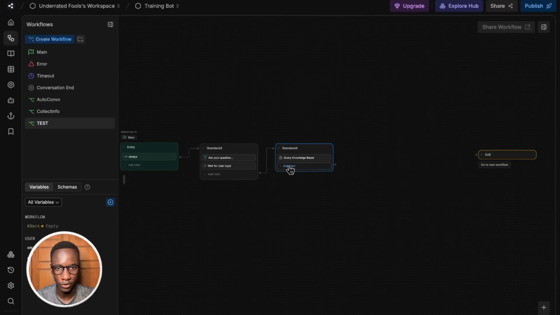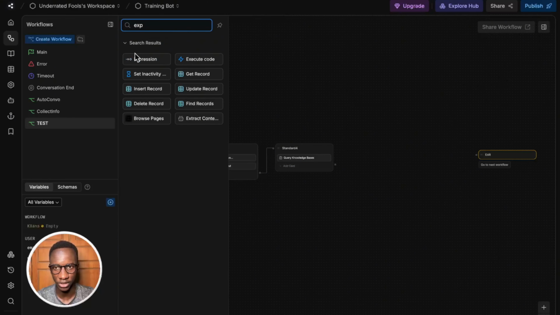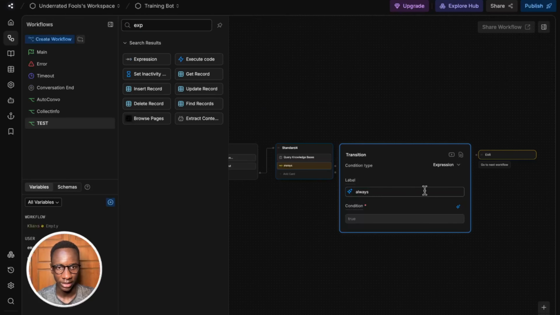So we're back in. All we do is add an expression card to facilitate the transition feature. That's already added, and then we can remove this AI thing and instead put here turn.knowledgeAgent.answer.length, and then we want to add greater than 0. So what this means is that if the knowledge agent is able to get an answer and produce a response, the length of this variable will be greater than 0, therefore indicating that it has found an answer to the user's question in